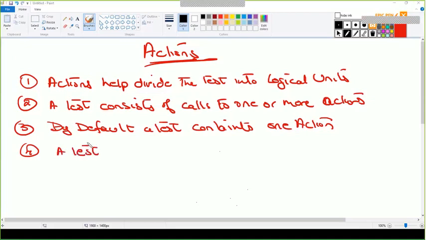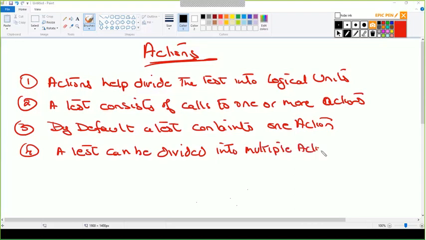A test can be divided into multiple actions.